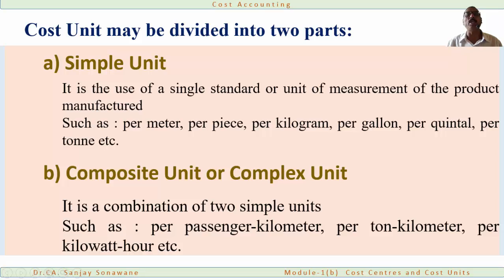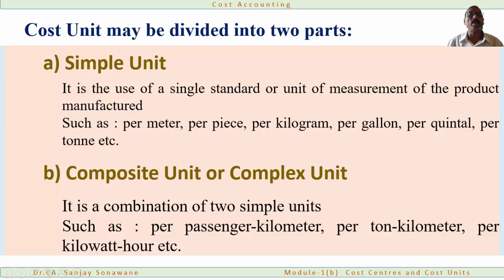So from every passenger, we will collect a minimum of 1 rupee so that we can earn a profit. Now this way, two units are used. One is per passenger, meaning per person, and at the same time per kilometer. So that is the second unit used. And these two units are combined together, and then only we get the relevant answer. What is the cost per passenger per kilometer? Similarly, per ton per kilometer. When you are carrying goods, we'll say per ton per kilometer. When you are carrying a person or human beings, we'll call it per passenger per kilometer.